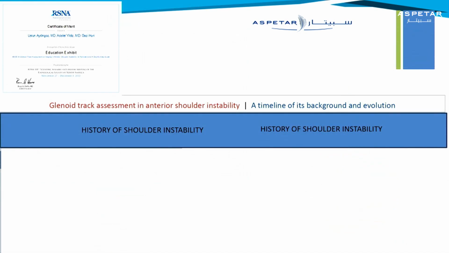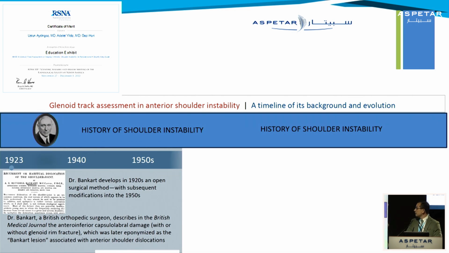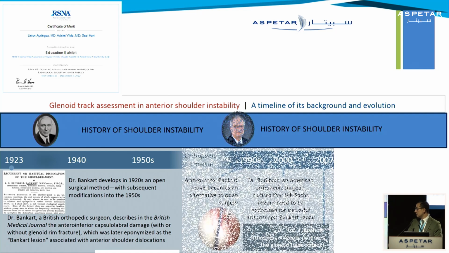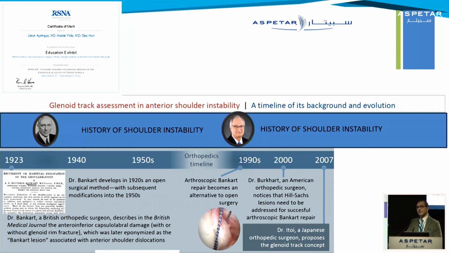So let's start with the history. Shoulder instability or dislocation has a very long history, more than 1 century. It was first described by Dr. Arthur Bankart, a British orthopedic surgeon, who first described the anterior inferior capsular damage after anterior inferior shoulder dislocations. And then after that, from 1923 till the 1990s, like 70 years, there were no updates about shoulder instability in the literature